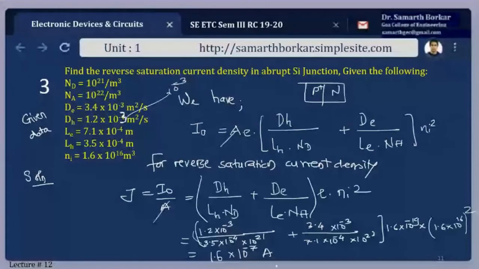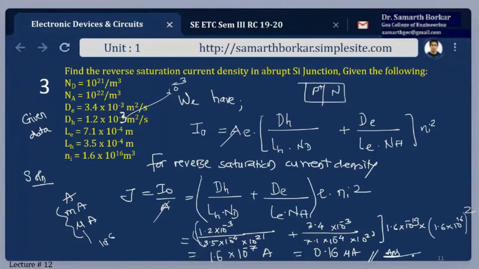Now, as I told you, we should not express our answer in terms of 10 to the power minus 7 or 10 to the power minus 8 or this type of numbers, because we always have to express the current in terms of amperes, milliamperes, microamperes, and these are the special units we have in electronics. So if I want to express this in terms of microamperes, micro is what? 10 to the power minus 6. If I take this as micro, the decimal will shift towards the left, so it will be 0.16 microamperes. And this is the answer.